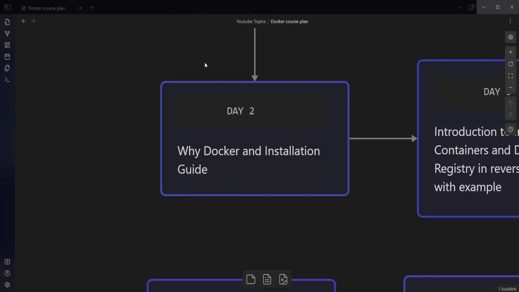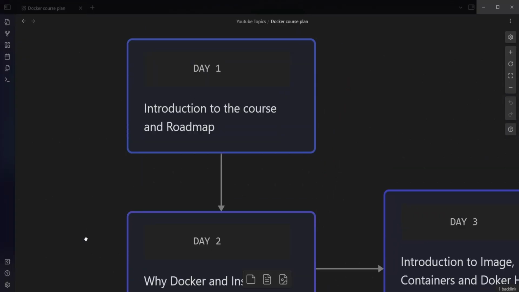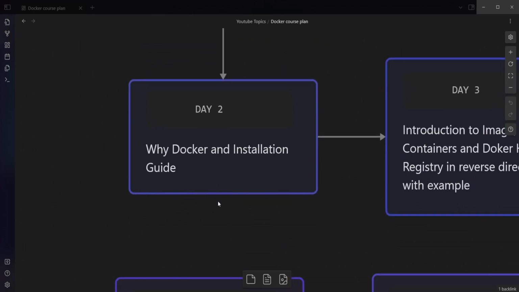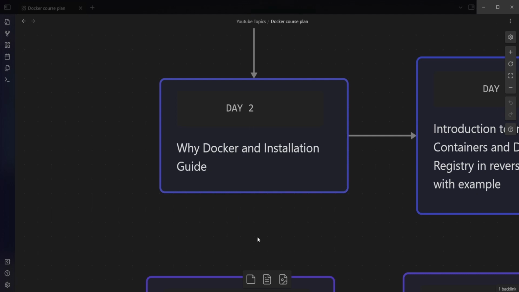In the previous video, we learned about what we'll be learning in this series and we went through the roadmap. And today we'll be learning why we need Docker, what is Docker, and the installation guide. If you are new to this video and haven't seen the previous video, please watch. And for all the new users,